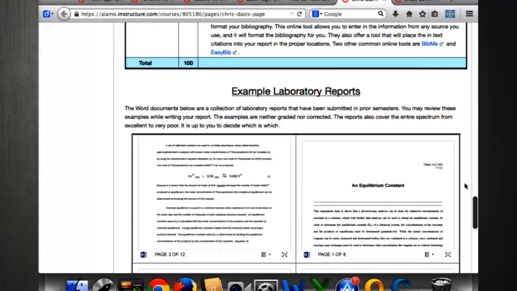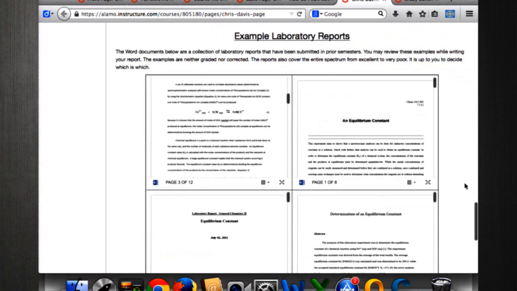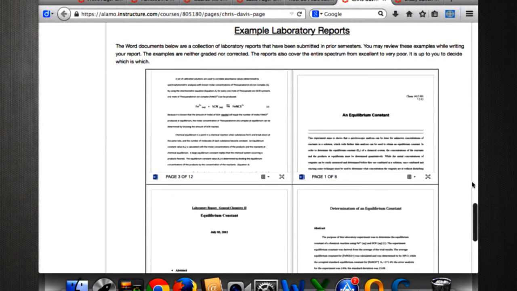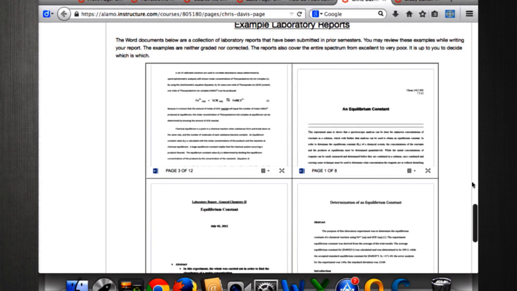So this is his, I'm going to see if I can shrink that a little so you can see. He took his laboratory reports, put them in a table. It's actually a 6-cell table. Each of these is a file from his cloud, Microsoft OneDrive. So not only are they nicely formatted here, and each one of these can be popped out into full screen, but if he updates these in the cloud, it's showing up here in real time. So I thought that was a really clever idea. So I wanted to share that, and I thank him for that.